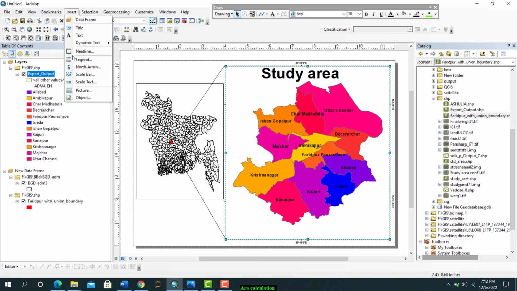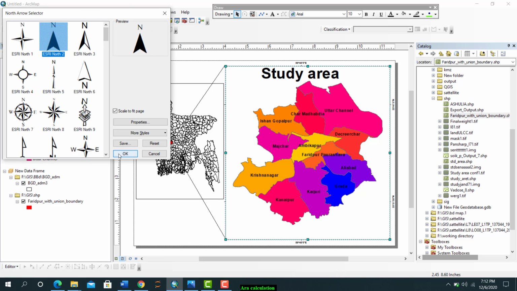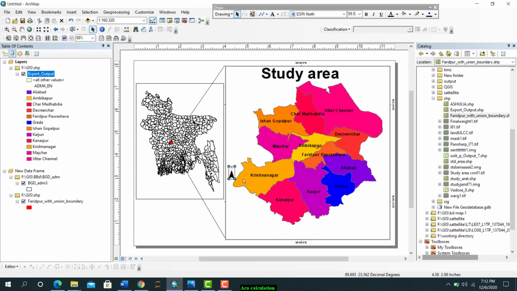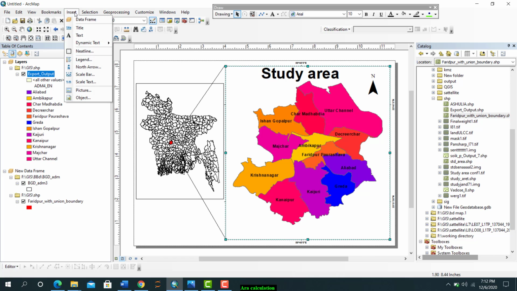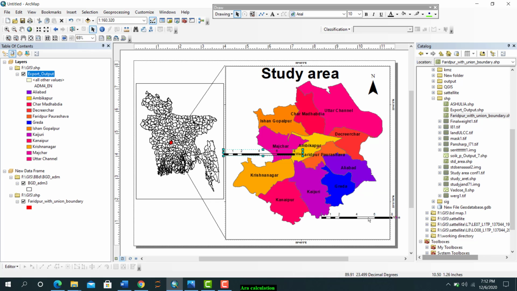Fine, you can add scale, north arrow, scale bar, fine. And I don't need the legend because you can see which union name is what clearly from the map,